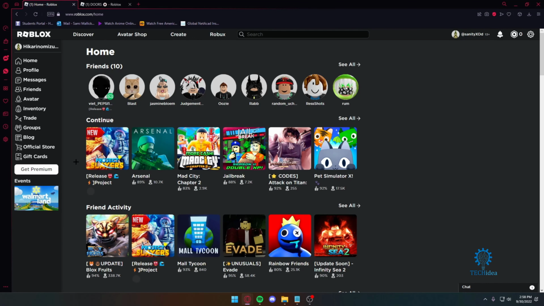And today I'm going to be talking about how to play Roblox. So Roblox is essentially going to download a client on your computer. Now over here, as we can see, we can't really just manually download it. I mean, you could, but